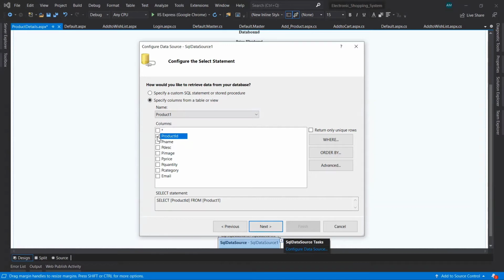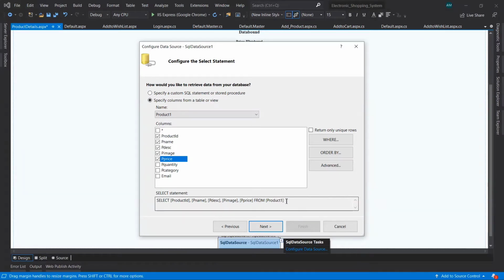So product ID will be the main column. After that it should display product name, product description, product image, and product price. We don't need product quantity, category, and email. So here we have the select statement: select product ID, product name, product description, product image, product price from product one.